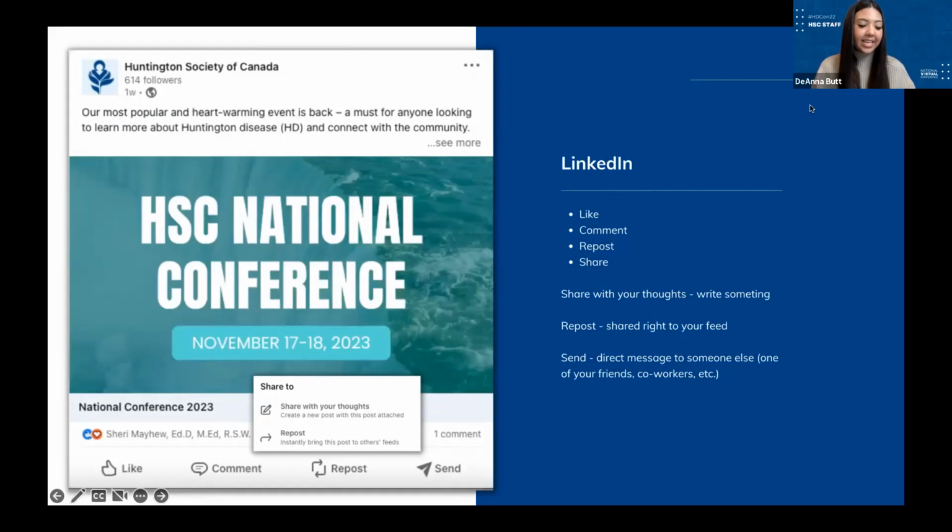So basically, by engaging with our posts in any of these ways, it helps our engagement rates and reach, which ultimately means that the algorithm is going to be putting us on more people's feeds. And this is always a good thing, because this is how we raise awareness for HD, and this is how we get the word out on social media, from our existing circle to a wider circle beyond our existing community without having to spend a dime. But we do need your help to do that.